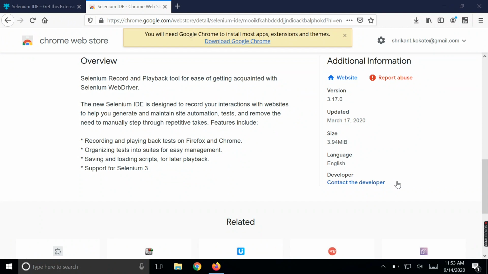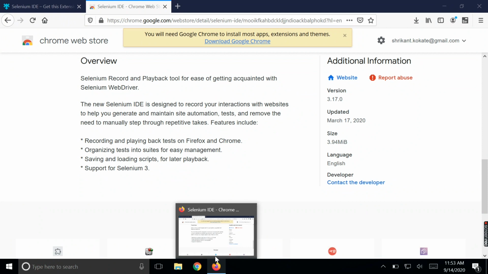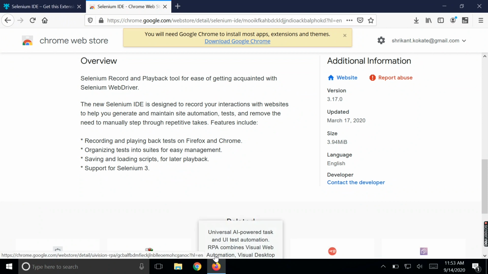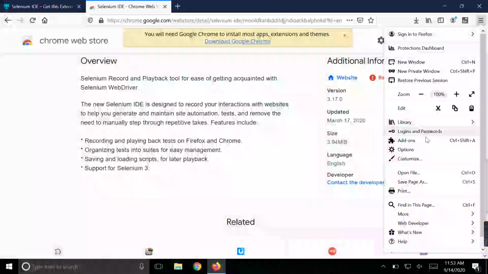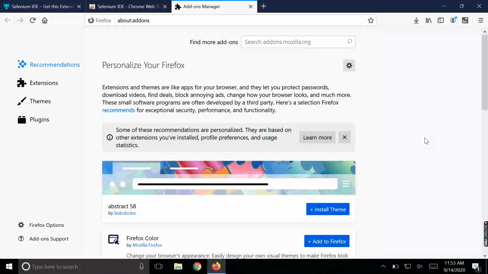So suppose you have the web browser called Mozilla Firefox. Then you go to Mozilla Firefox, and in the properties you go to add-ons. Once you click on add-ons, you search in the search box, typing Selenium IDE.